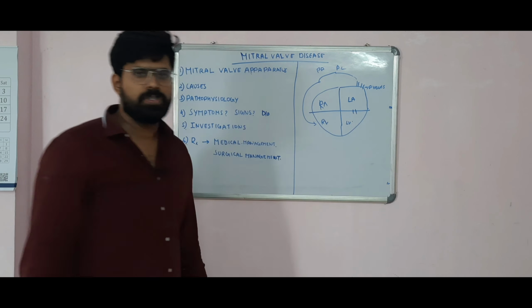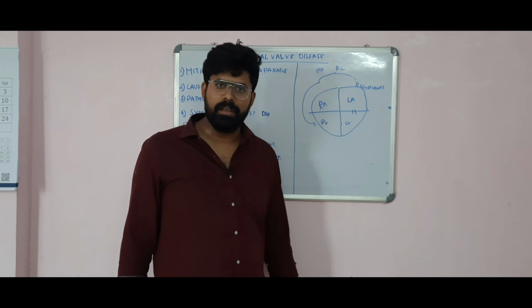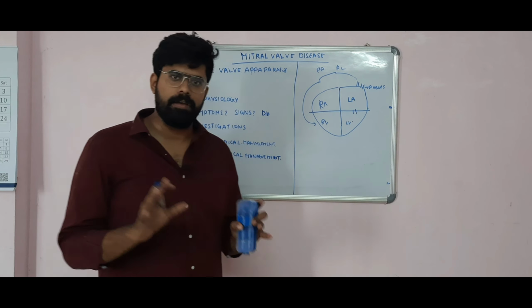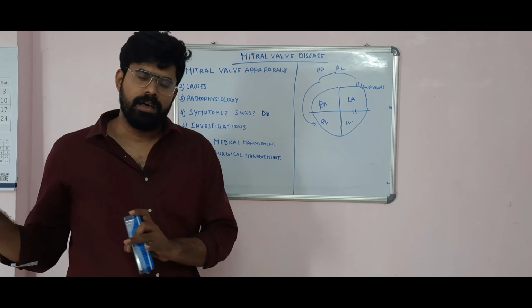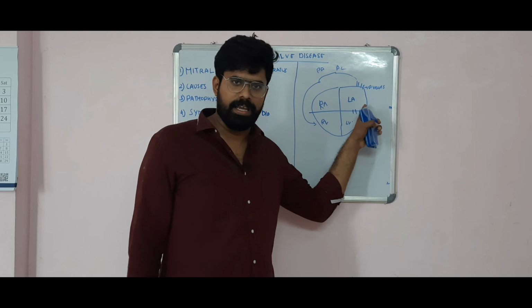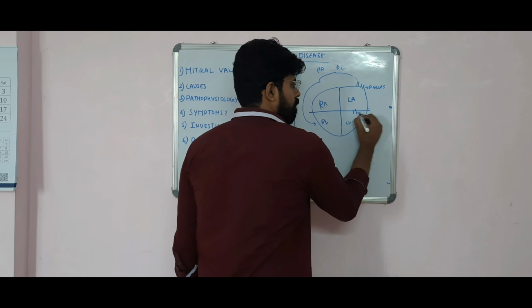The first and foremost point about mitral stenosis is that the left ventricle is usually normal. There won't be any diastolic issues, there won't be any problem with the left ventricle. The left ventricle will be spared in most cases of mitral stenosis. So, first there will be an increase in pressure within the left atrium. This is increased because of the mitral stenosis. Here you have a stenosed valve.